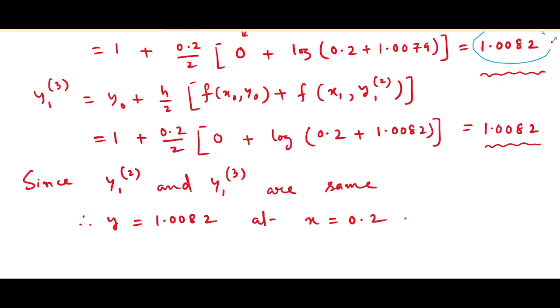So I'm showing just one problem. You can do whatever problem we did in Taylor series. Maybe in Taylor series we did 2 problems, and in Euler's method 1 problem. So you can do all the problems by this particular method and see whether the answer is changing or not. If the answer is changing, up to what level, what is the error, and whether the number of steps is less or not. Okay, I'm just stopping here, because if I do some more problems, the video will be lengthy.